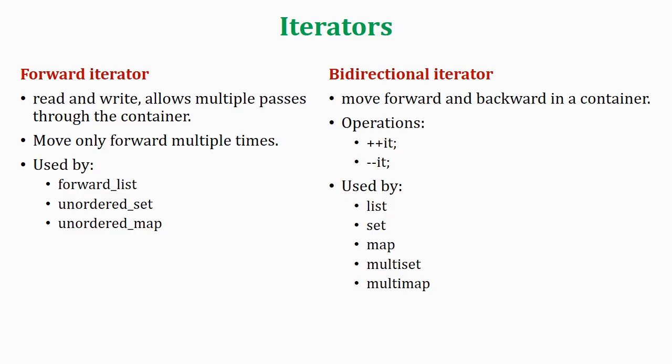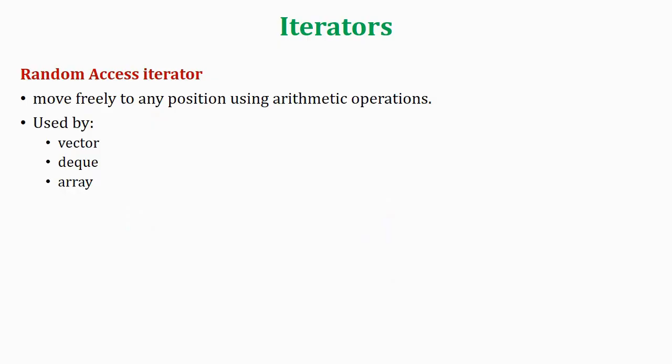The operations are increment and decrement. It is used by list, set, map, multiset, and multimap. The next one is the random access iterator. It can move freely to any position using arithmetic operations. It is used by vector,